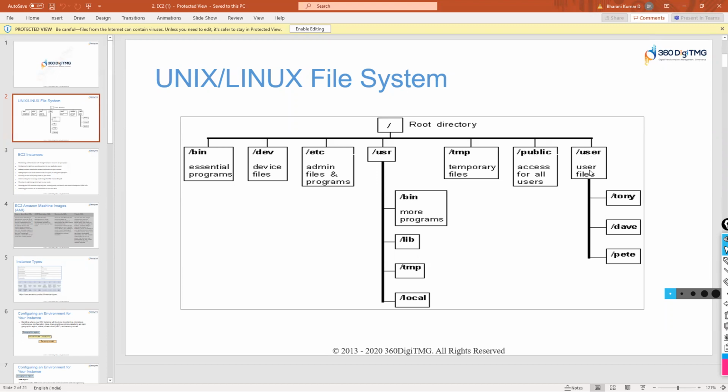You can create users in your Linux file system like this. Again, they are also folders. And coming to access to this Linux file system or Linux OS, one is regular access and another one is root access.